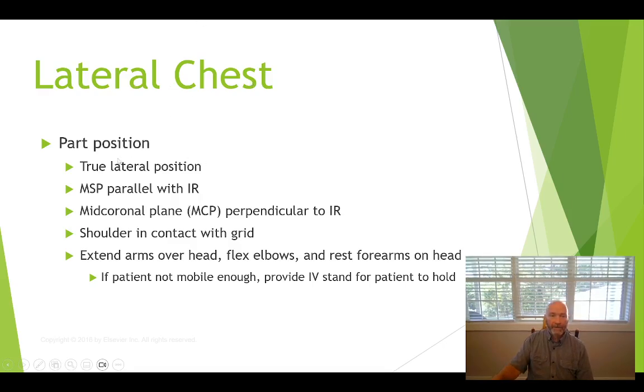On our lateral chest X-ray, we want the patient in true lateral position. How you're going to accomplish that, you've got some challenges. So you shoot your PA, have the patient rotate the shoulders forward, hands on the hips, inch and a half, top of the image receptor, inch and a half above the outer portion of the shoulder, central ray to T7, deep breath in, blow it all out, second deep breath in, hold it, you make your exposure. You tell the patient to breathe, you walk back out into the X-ray suite,